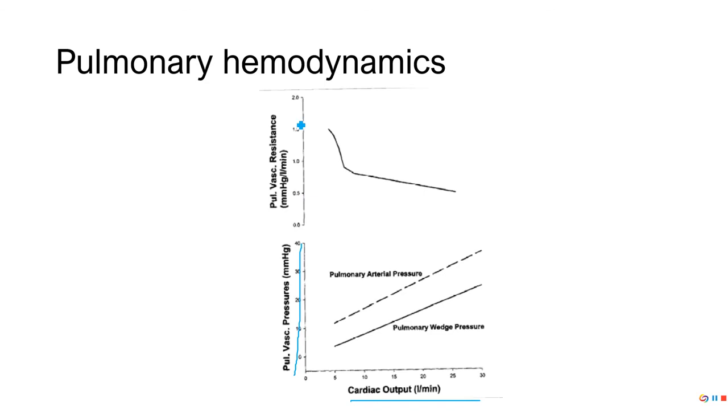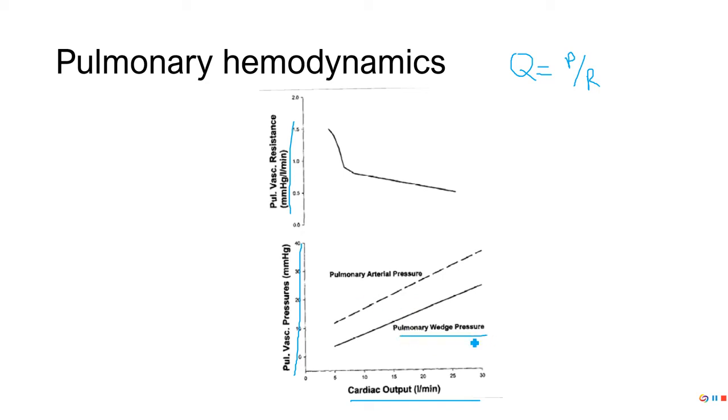Okay, so remember the formula is flow equals pressure divided by resistance. Okay, so we've got cardiac output, which is flow. We've got pressure, which is pressure. And then the slope of the line shows us resistance as well. All right, so we've got the 2 different pressures here,